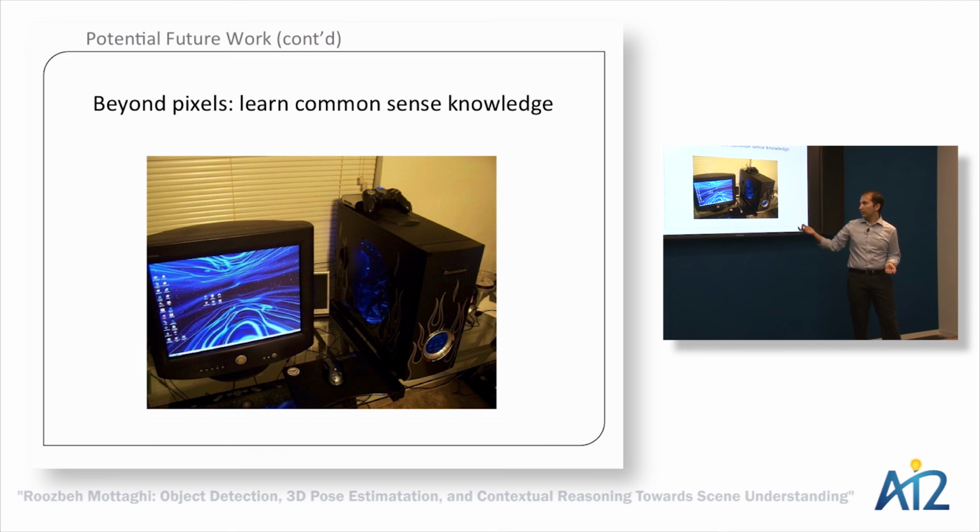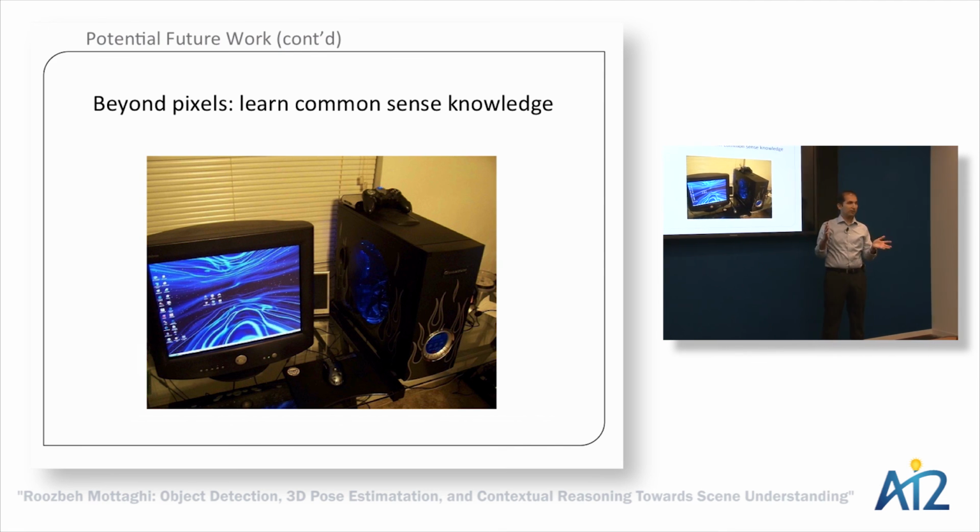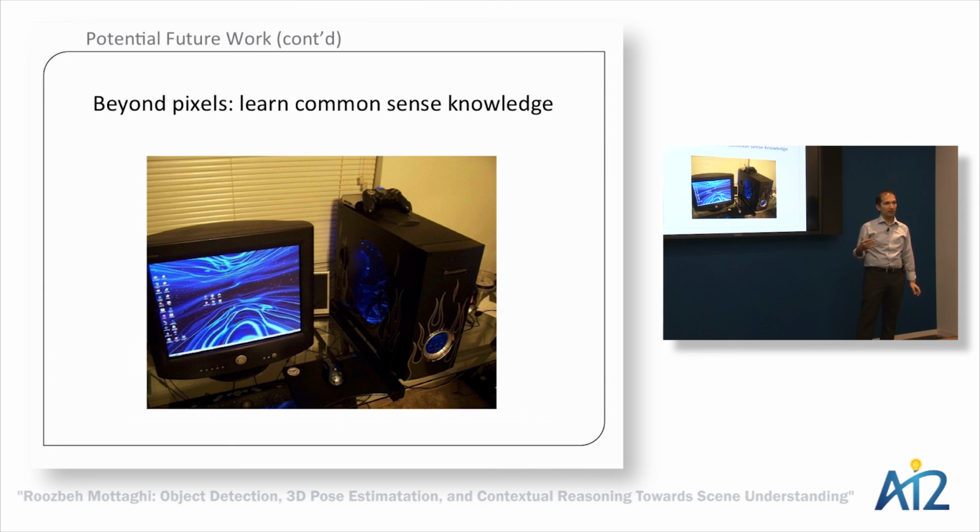Here we know that this monitor is in a stable position, so it's on a flat surface, and we have this type of knowledge which we cannot really get from the pixels. So that might be an interesting direction: to learn common sense knowledge, which might be physics, the 3D geometry of the scene, and other types